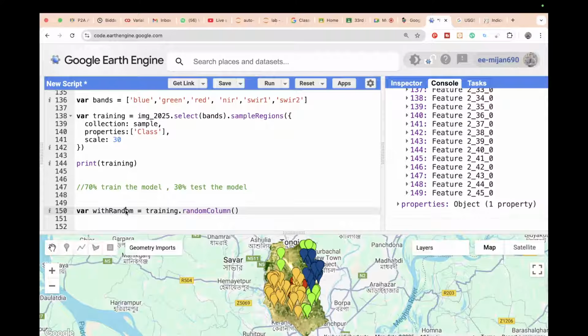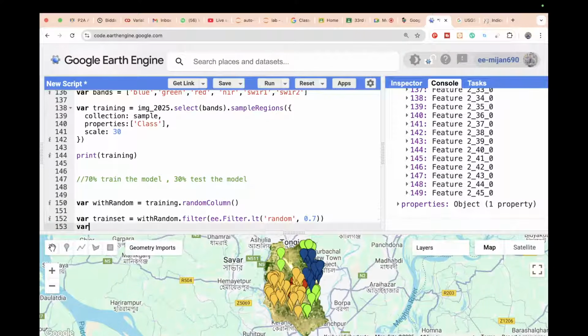So from here I just split the data 70% and 30%. So for that take a variable. Suppose train set, I just call with random. This thing is simply a filter. So put here the filter, ee.Filter. I take less than random 0.7, okay, less than 0.7, and then also take another variable, suppose test